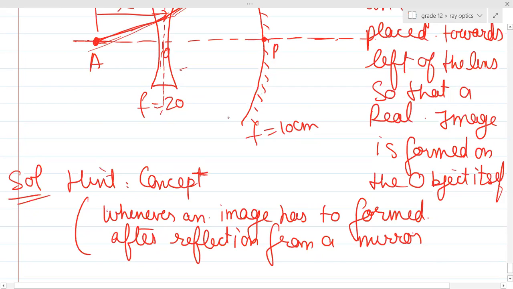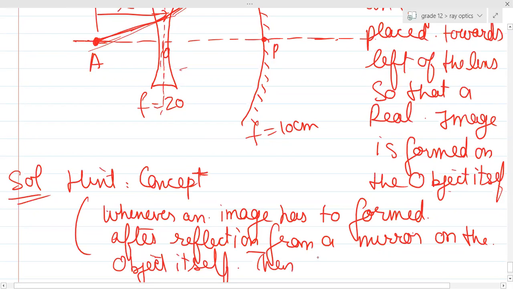There should be either a concave mirror, convex mirror, or basically a plane mirror as well. It doesn't matter. If there is a mirror, and if you are saying you want to form the final image on the object itself, so whenever an image has to be formed after reflection from a mirror on the object itself, then that object, when does this happen? When